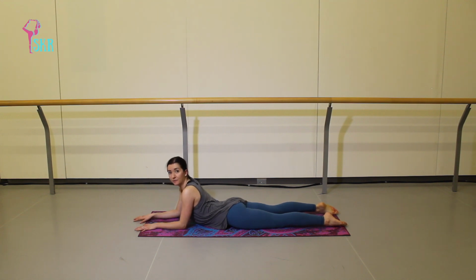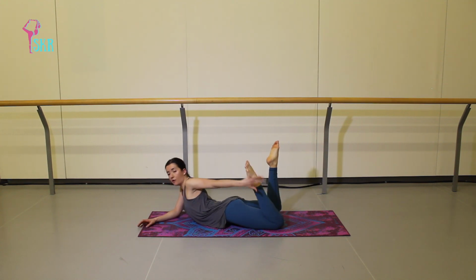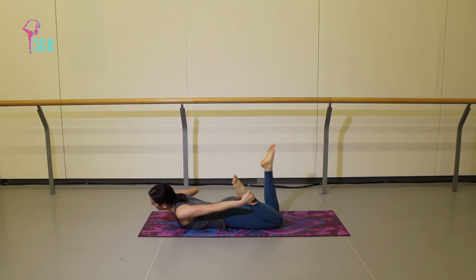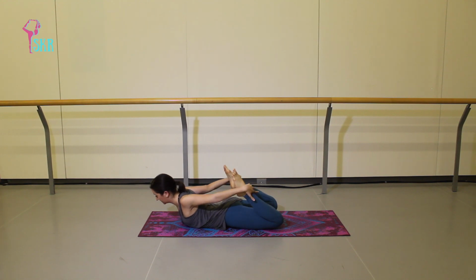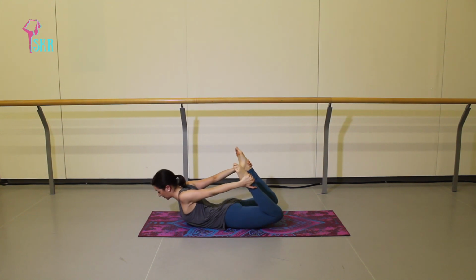And this time, rather than repeating the sequence that we did on the first side, you're going to bend into both legs, grabbing a hold of the outside of both ankles. And from here, we're coming into bow pose or Dhanurasana. So from here, kicking your legs